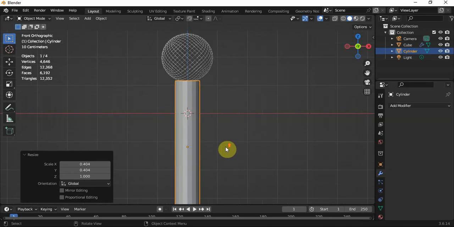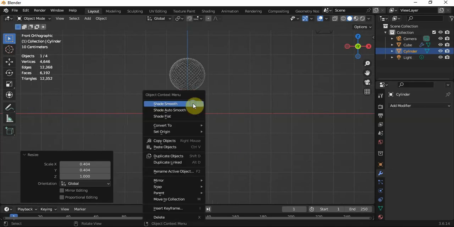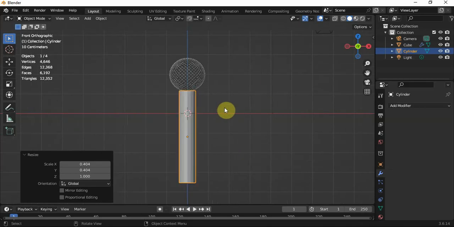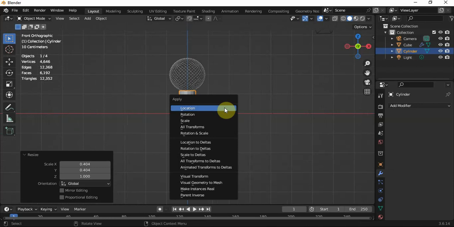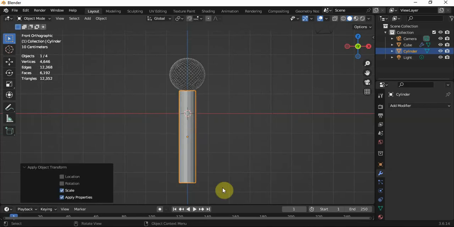So now this is it. Then what you're going to do is press your Control A to apply the scale, because if you do not apply the scale, if you take it to edit mode, what you have done, your scaling is not going to be applied. So apply your scale, then